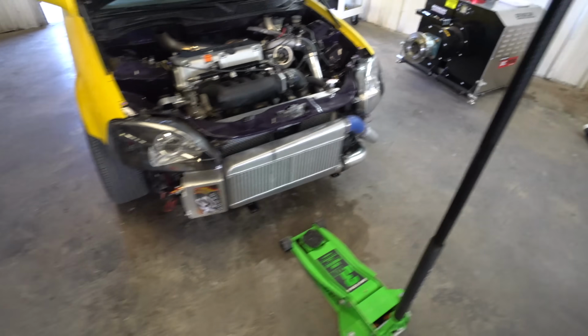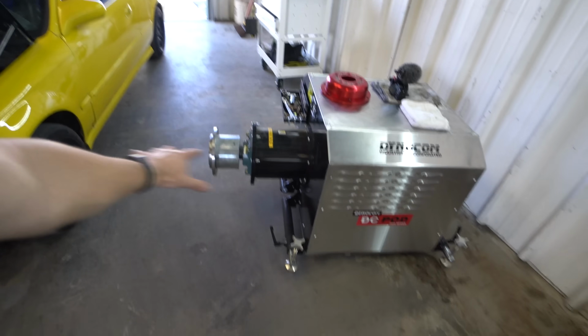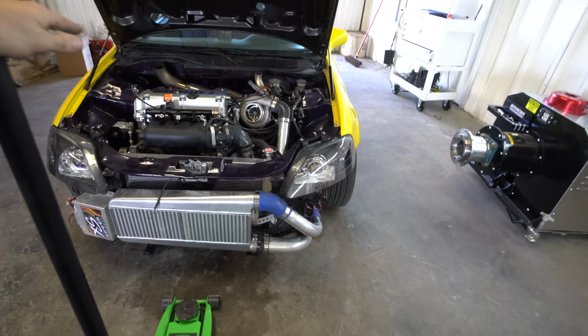Guys, so today is the day. So we are over at my buddy's dyno shop, Build Tune Race. We got these Dynocom DC pods, these little hub dyno things, and we're actually going to dyno the Civic. So last time we had it on the dyno was actually at Brent from PFI when it had the K20 in it. It made about